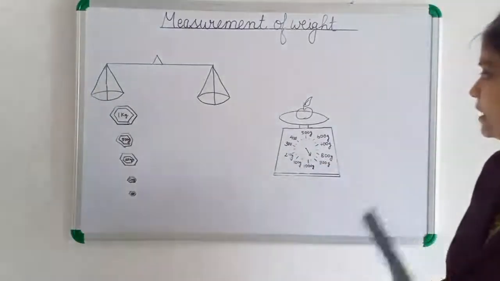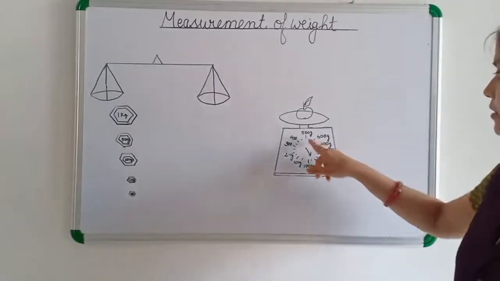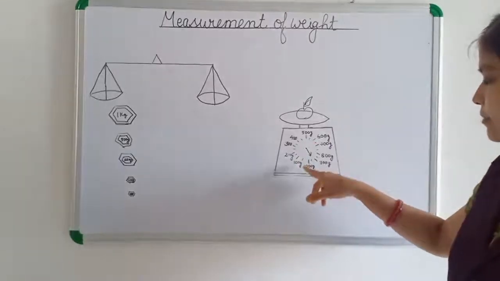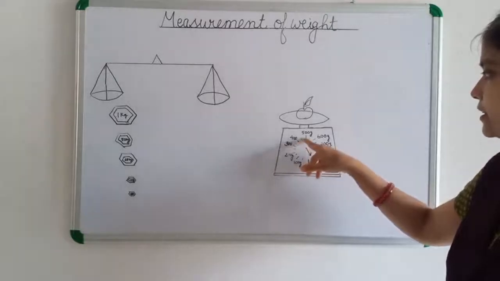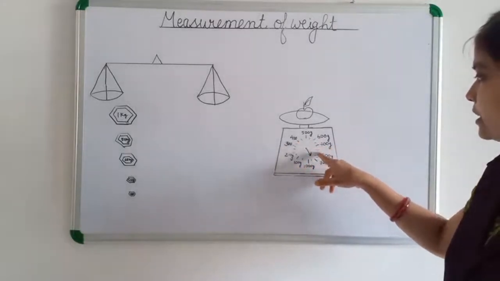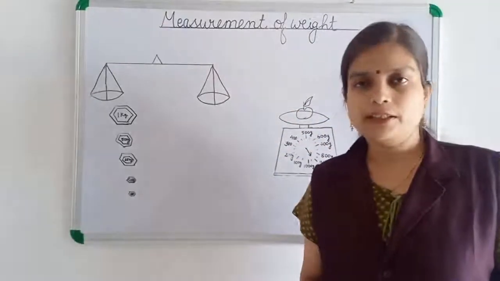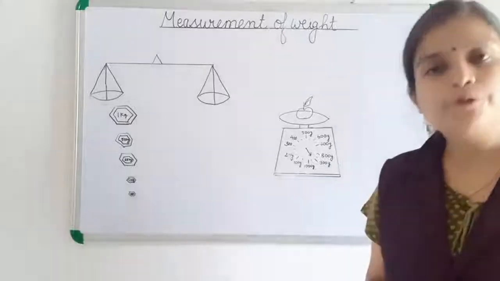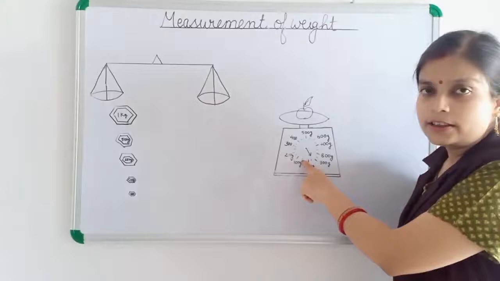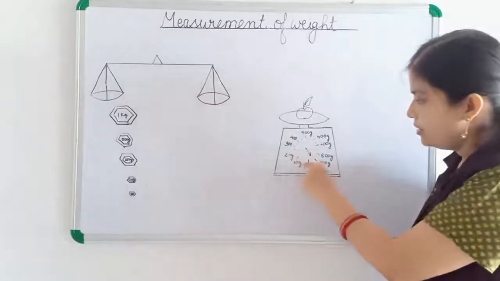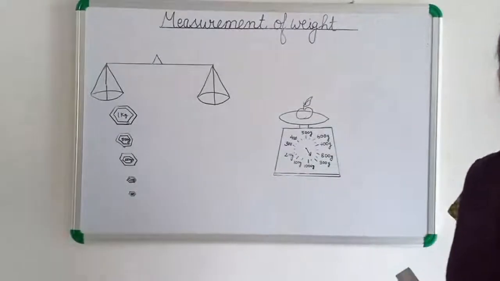So you can see here the scale is divided into 20 equal parts. We count here from 100 only. 1, 2, 3, 4, 5, 6, 7, 8, 9, 10, 12, 13, 14, 15, 16, 17, 18, 19, 20. So this scale is divided into 20 equal parts. So each division is equal to 50 gram. It is 50 gram, but it is not written over there. In between also you can see the mark. Between 100 and 200 there is also a small marking which is equal to 50 gram. Next 50 gram like this.